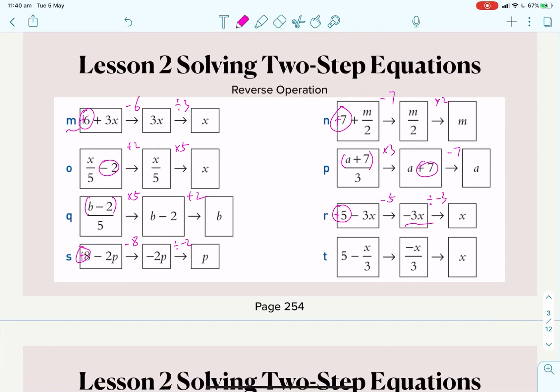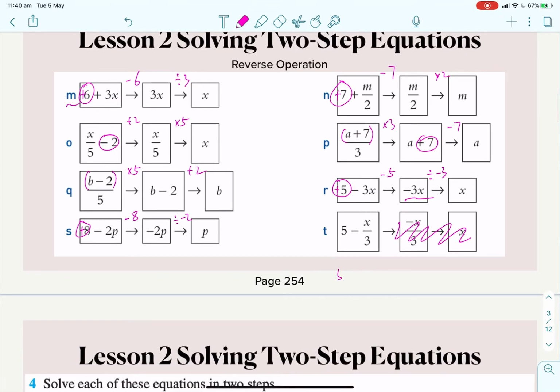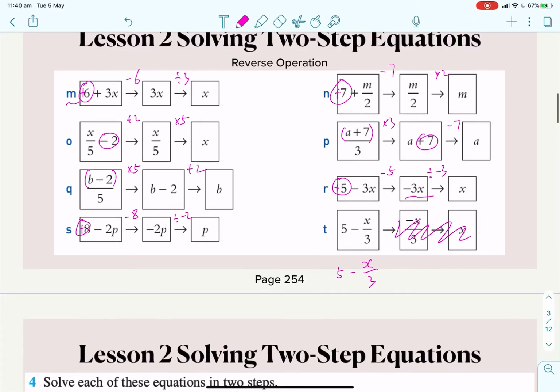Okay. I'm just kind of ignoring the last two. I will write it again on the bottom. Okay. So 5 minus x over 3. Now again, we got an invisible plus here, so we need to get rid of that. Okay, so to get rid of my plus 5, use the reverse operation with minus 5. Okay, so we got